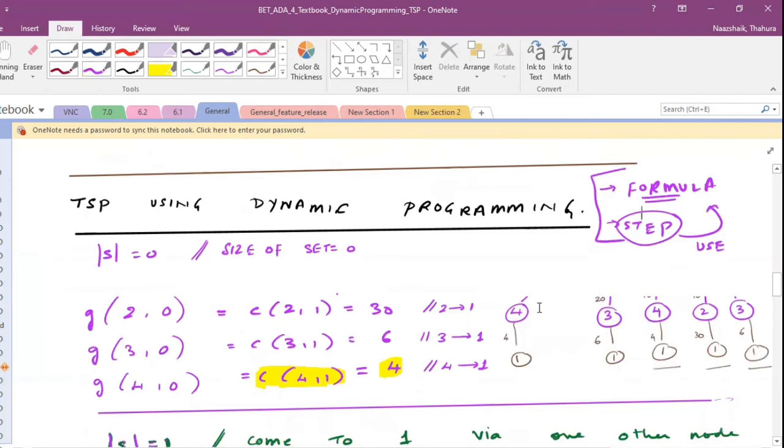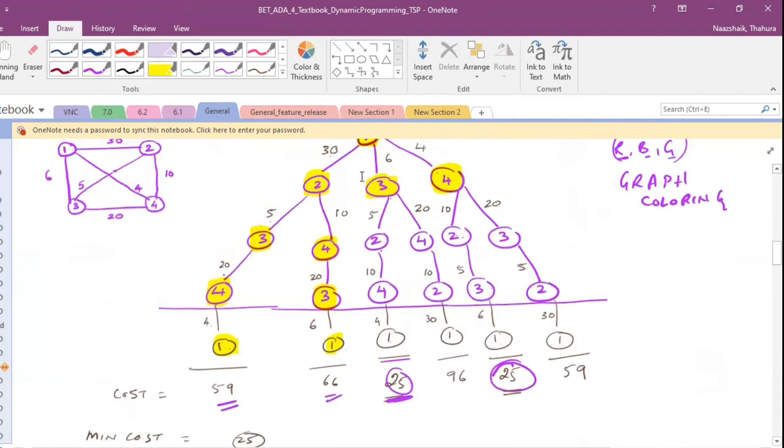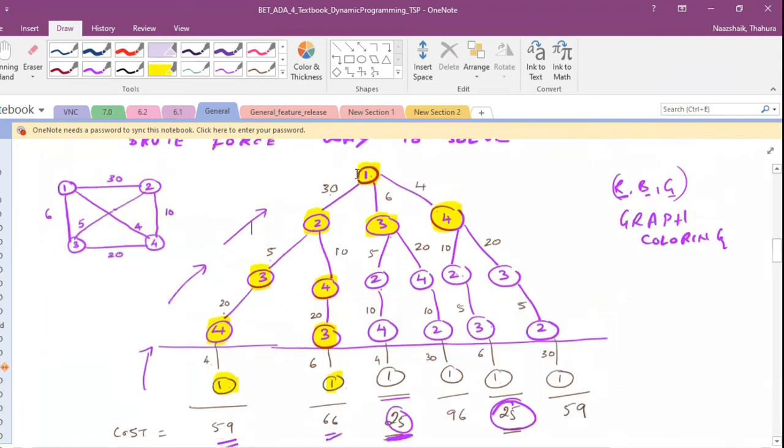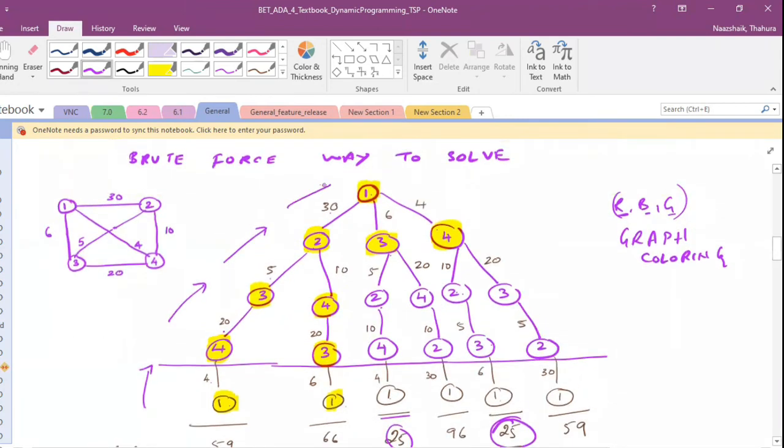Okay, so in dynamic programming, we will visualize this graph in reverse. Say suppose we will say, okay, what is the cost of doing this? Then how do you come up with a formula from here to here? How do you come up with the formula from here to here? And finally, how do you come up with the formula from here to here? So we'll do 4 steps. And finally, you can summarize all these 4 steps and come up with a generic formula.